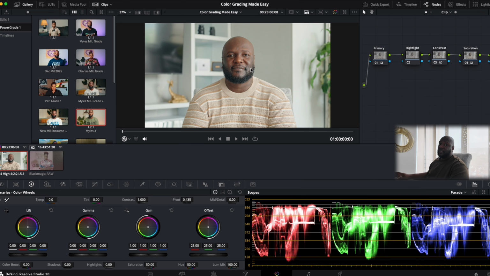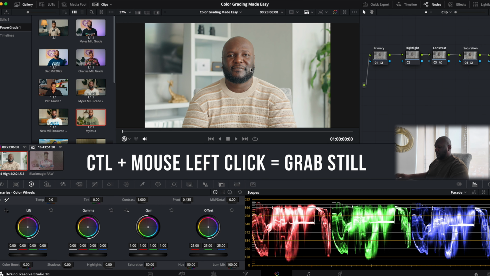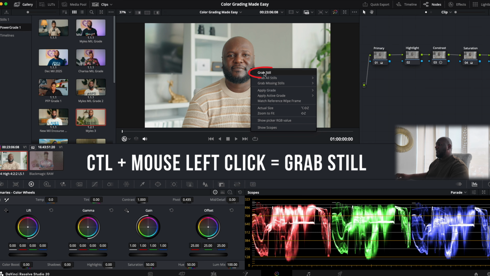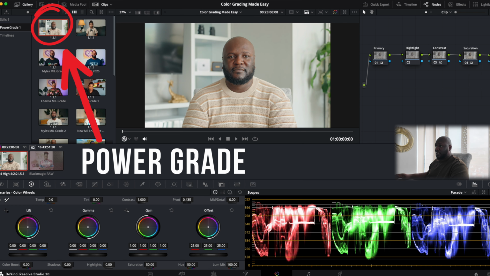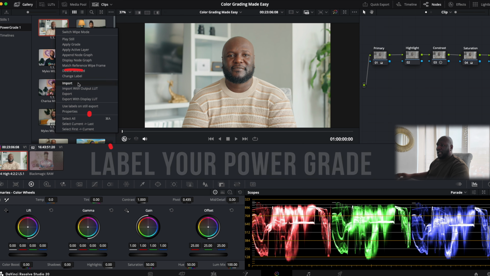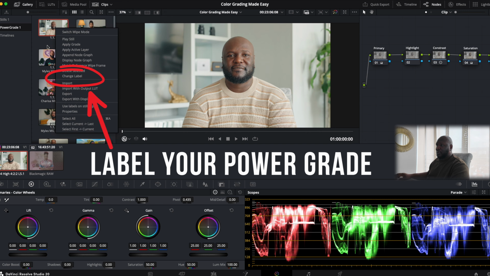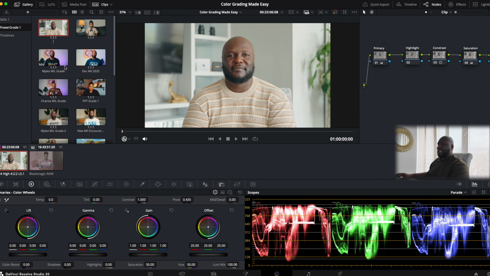I'm on a Mac computer, and so I do Control left on the mouse. You can see grab still, grab as a still, grab missing still. But for right now, we're gonna do grab still. So you're gonna grab your still, and as you saw, the still just opened up. Now we can go Control again, and let's change label, and let's name it